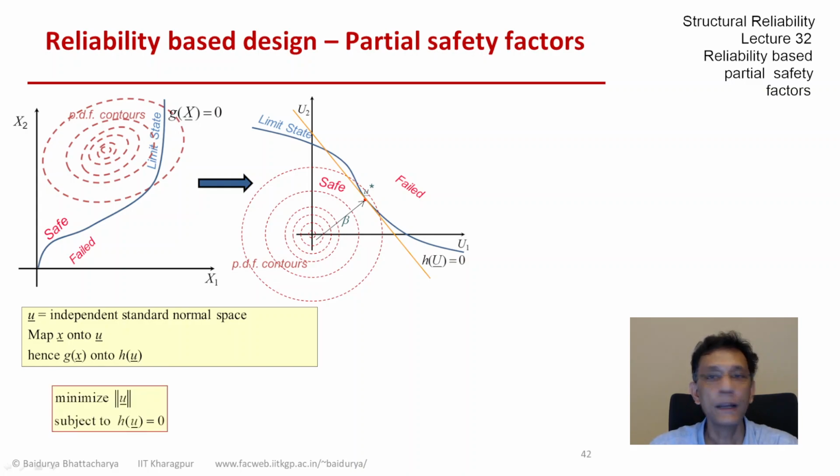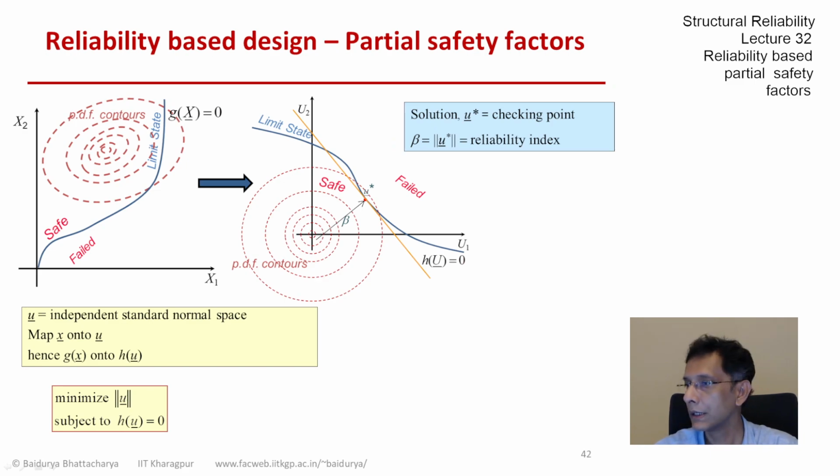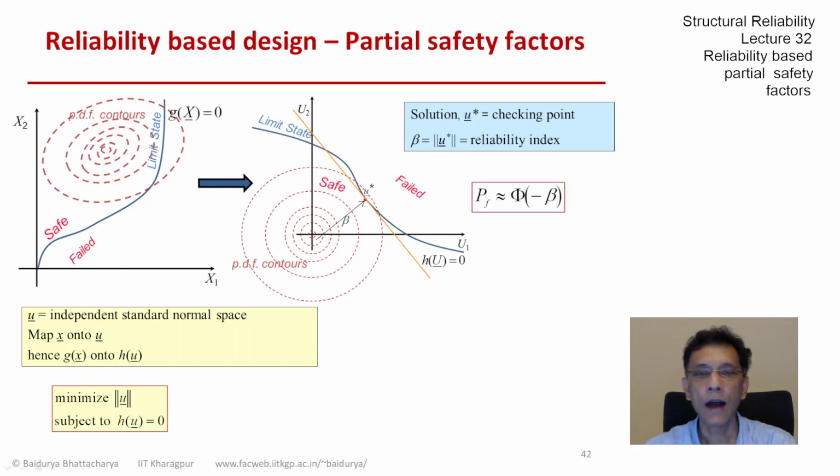We minimize the distance from the origin to the line or the surface h equals 0, and the solution is u star, and that minimum distance is beta, the reliability index. The resultant failure probability is phi of minus beta, where phi is the normal distribution function, and that approximation is